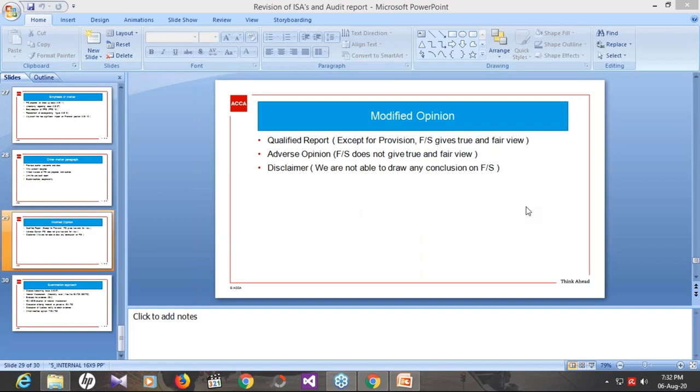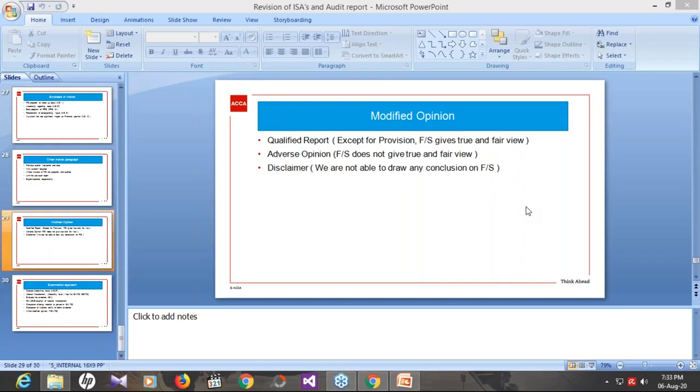One is skipping a subsidiary in consolidated financial statements. If you have missed a subsidiary during the preparation of the consolidated financial statements, all the heads of the financial statements, whether it is the income statement or balance sheet, will be incorrect because you have missed a subsidiary. So in this case, every head of the financial statements will be misstated. This is a pure example of a pervasive misstatement.